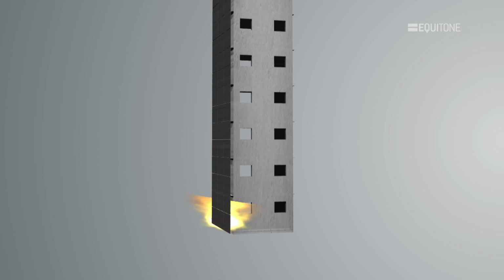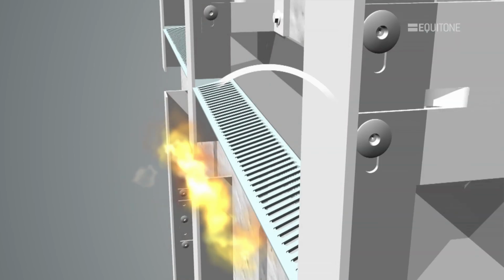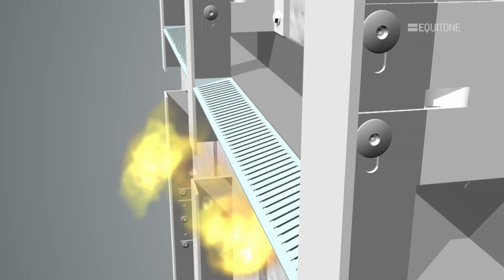One challenge that arises from time to time is how to prevent the passage of fire in the cavity. Ventilated cavity barrier remains open until a fire causes it to seal up.